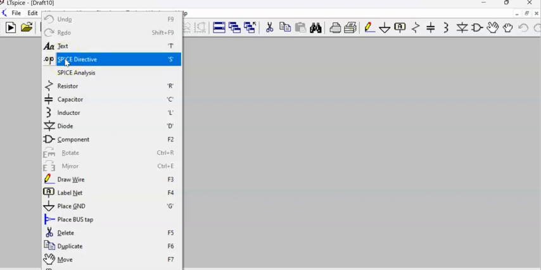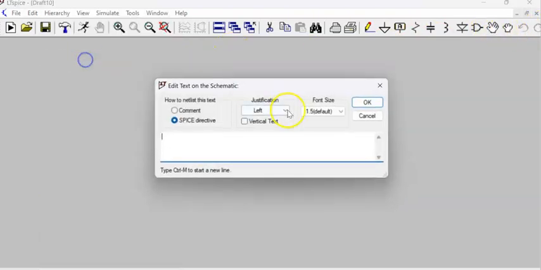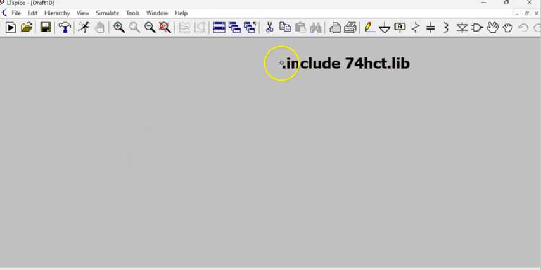Either you can go through the Edit path, or there is an option in the toolbar. I am clicking this, and a window pops up. Here you choose a spice directive: .include